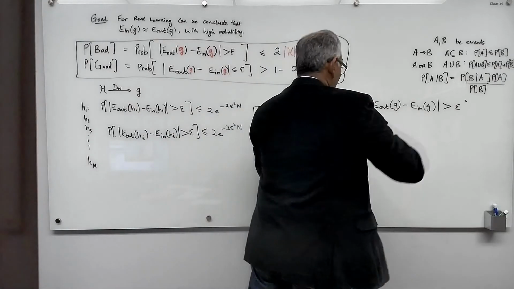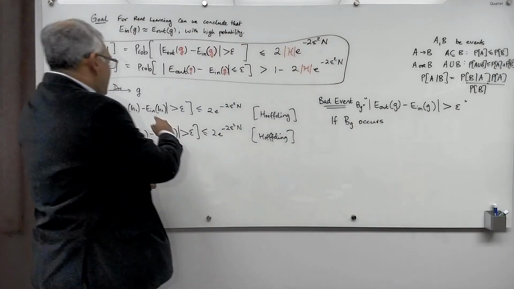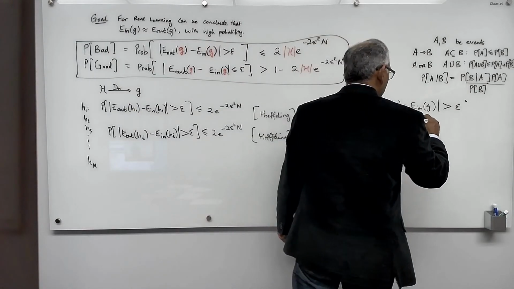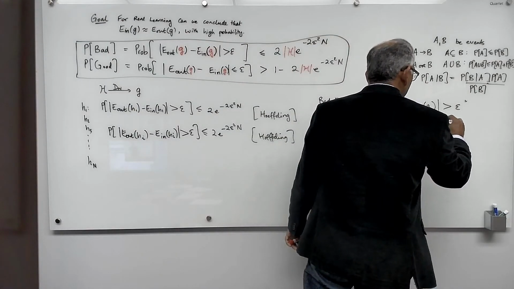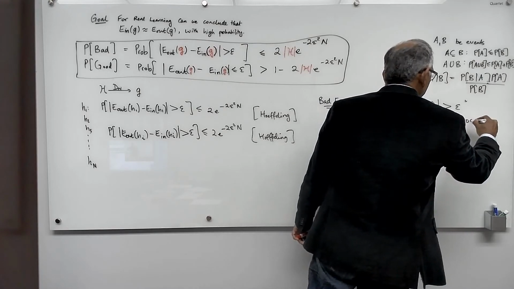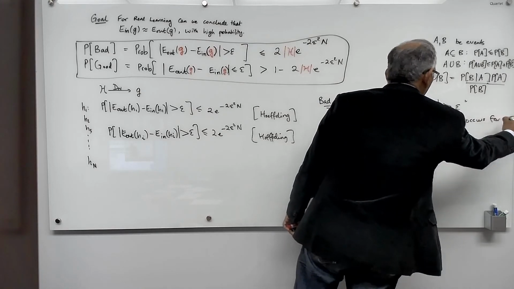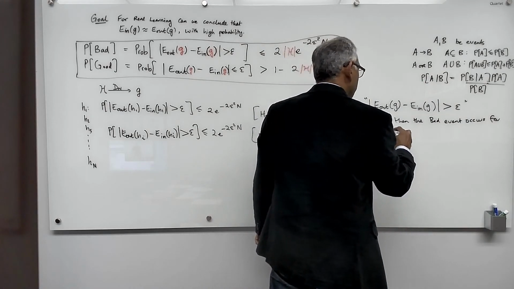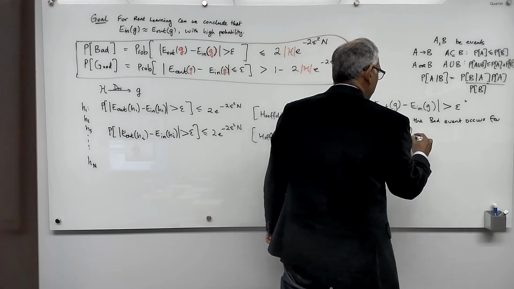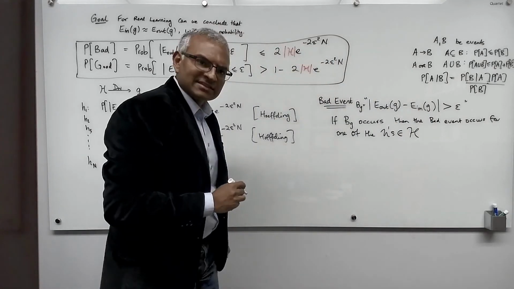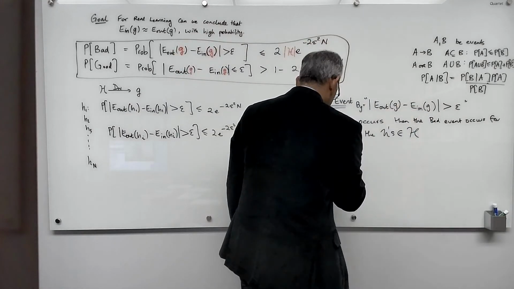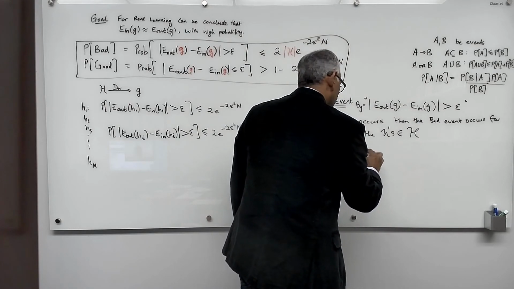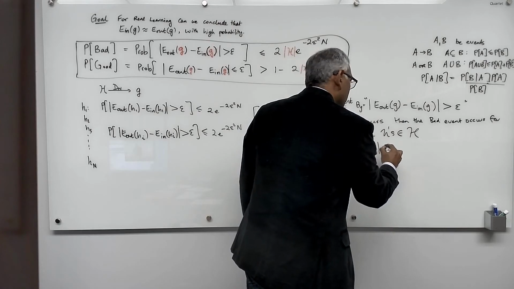So if the bad event occurs, then the bad event occurs for one of the H's that are in big H. What does that mean? That means this bad event, E out of g minus E in of g greater than epsilon,